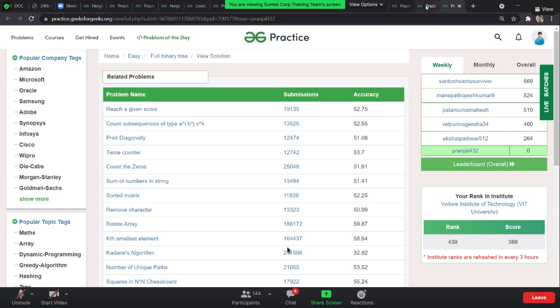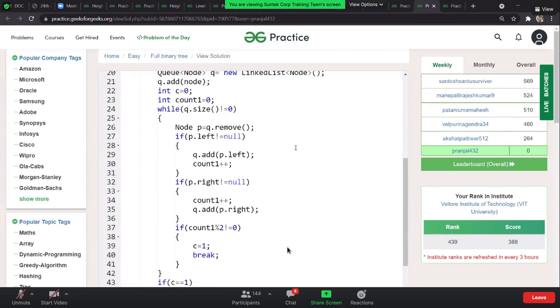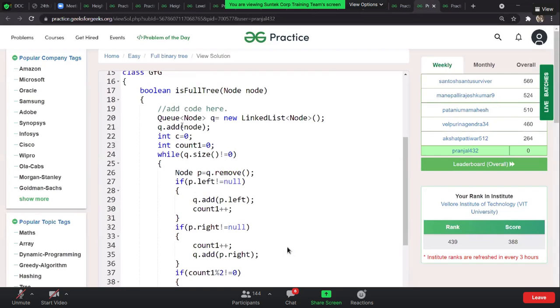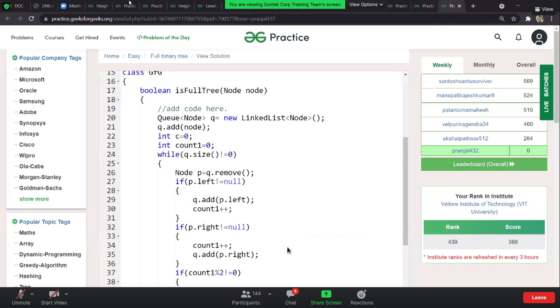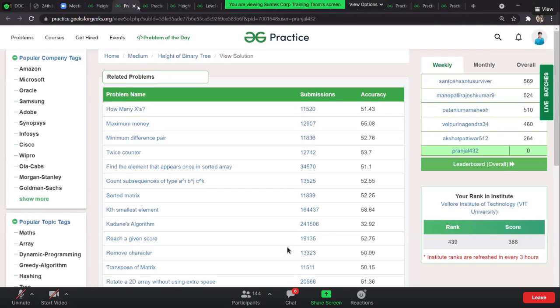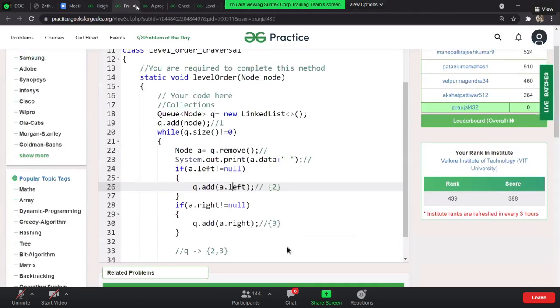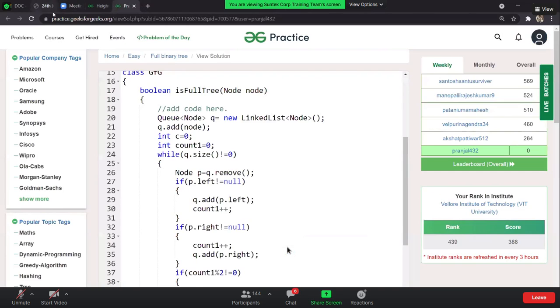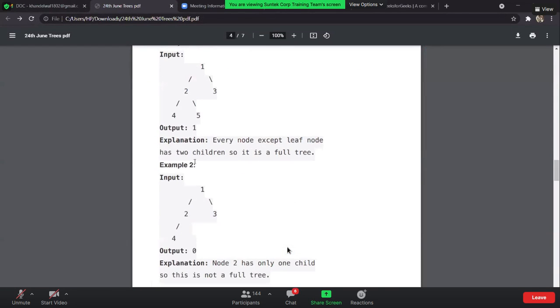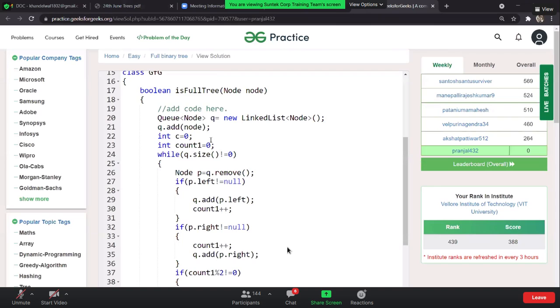Okay. Perfect. So what exactly we're going to do? We're going to just put the elements in the queue. So we have 1, 2, 3, 4. The very first element is going to be 1. We have inserted 1 into that. Now, once we have inserted 1, we will make the count value 0. So now the value of count 1 is equal to 0.